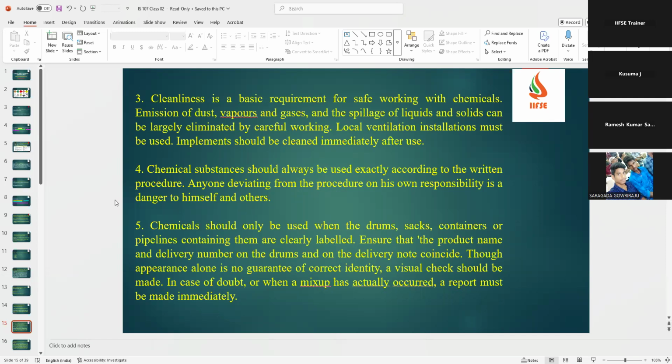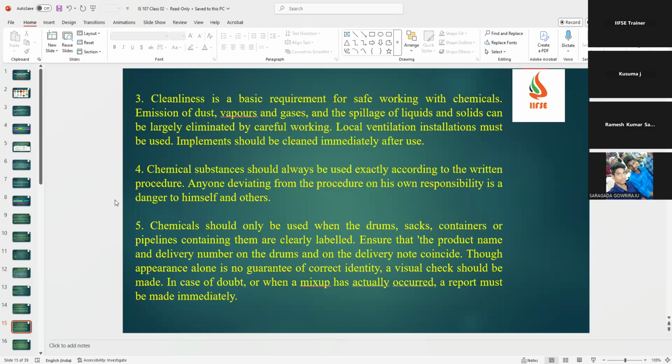Then chemical substances should always be used exactly according to the written procedures. So when I say written procedures, SOP also, sorry, MSDS, material safety data sheet, can also be referred to as a procedure, because there we have different properties, physical or chemical properties, first aid measures in case of any chemical contact, and we can also get firefighting information, storage information or disposal information. So accordingly we can use